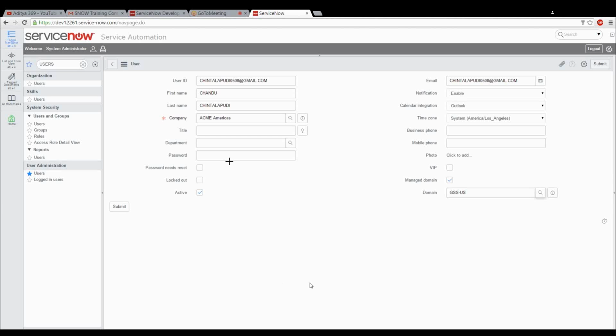When I click on that lookup icon, the magnifier glass, another window opens and I see GSS US, because we have created Chandu under GSS US. When he clicks on lookup, I couldn't see the other window. Okay, fine. Anyhow, you selected GSS US. Submit.